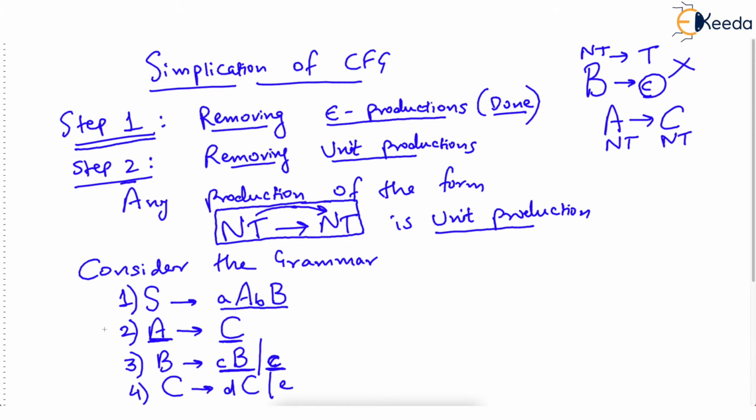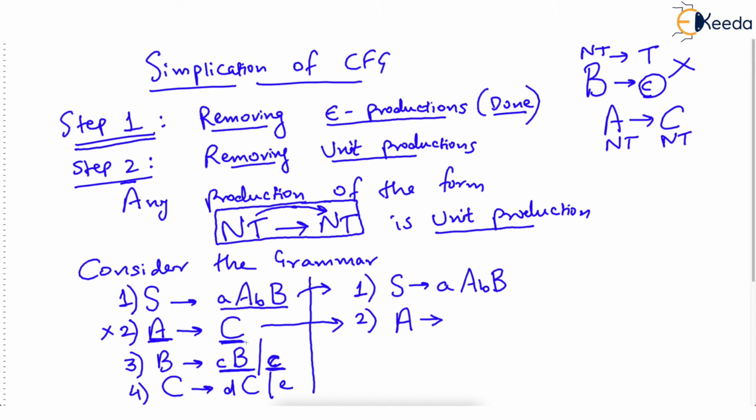So how do you remove this unit production? The method is very easy. What we do is, whatever productions are not unit productions, we write simply as they are because we want these productions to be preserved as they are. We want to remove unit production, isn't it? Now the second production, you see, A derives C is a unit production. So we keep the left hand side as it is and we don't want the right hand side to be a single non-terminal. So we just ask, okay, I want to remove this C from the right side, but then what can I replace C with?